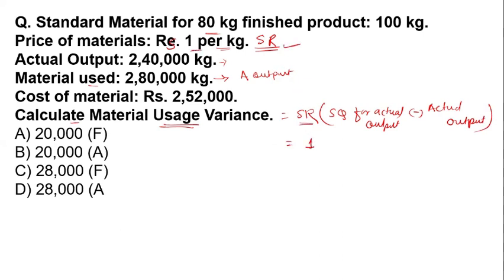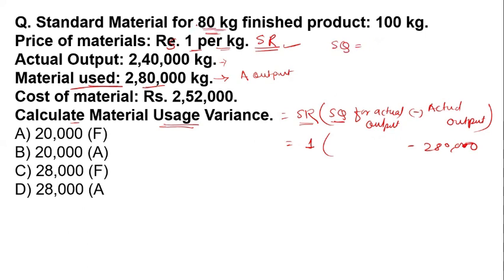Okay, this is 1, and thus we know that the actual output, this is the material used, means actual output, that is 2,80,000. But we know the actual output, but we don't know the standard quantity. So for calculating the standard quantity from the actual output, what we do, you know that for